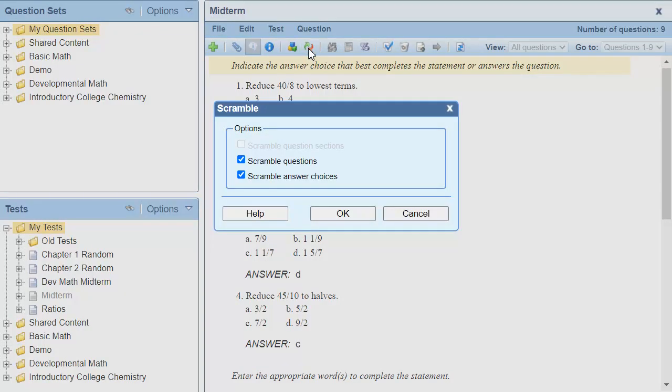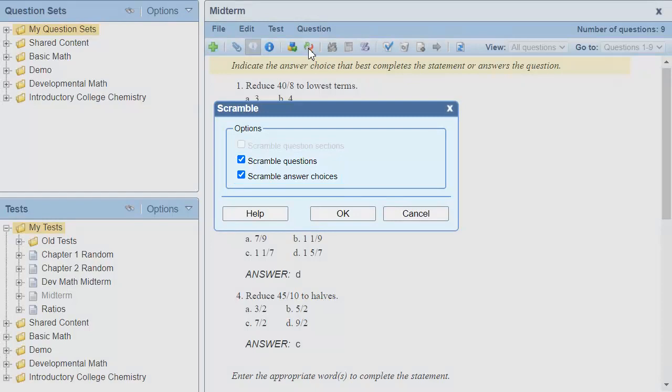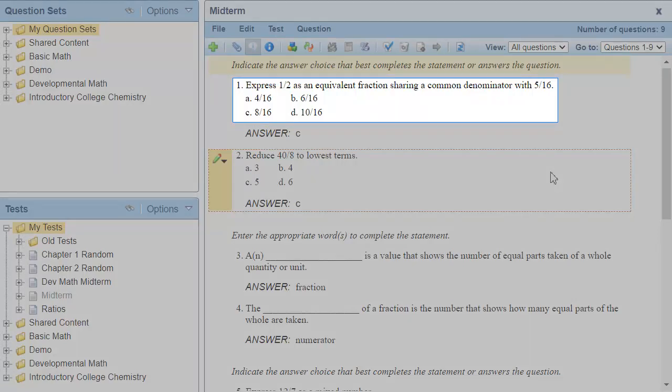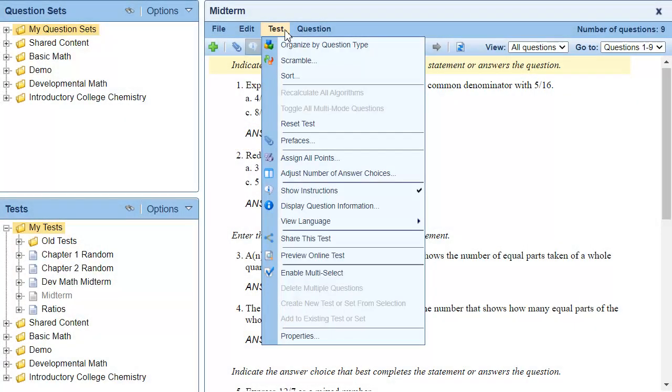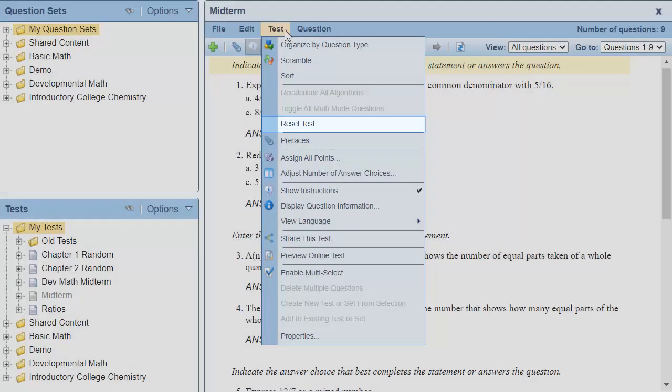The Scramble dialog box offers a few options for what to scramble. We can scramble the order of the questions. We can scramble the order of the question choices in multiple choice, multiple response, and multi-mode questions. If you want to return the test to its original state before it was scrambled, you can select Reset Test